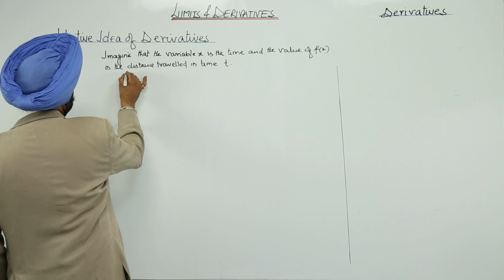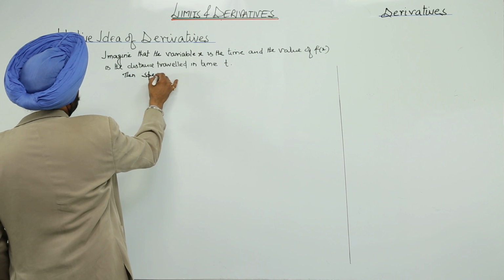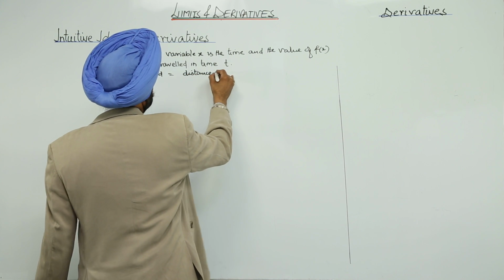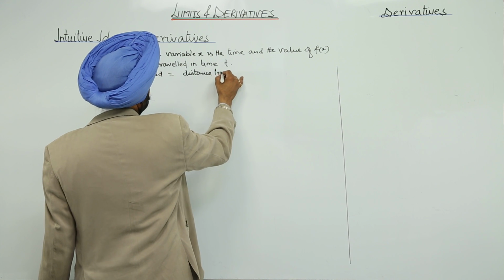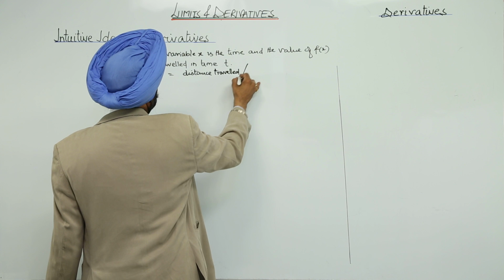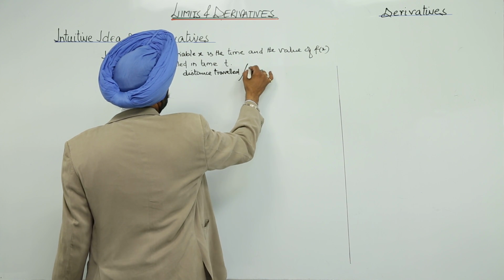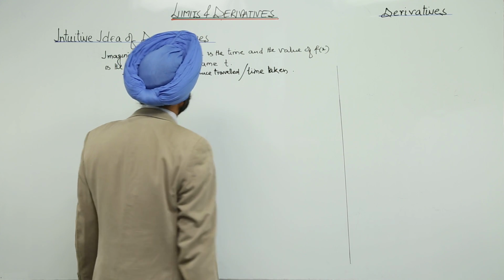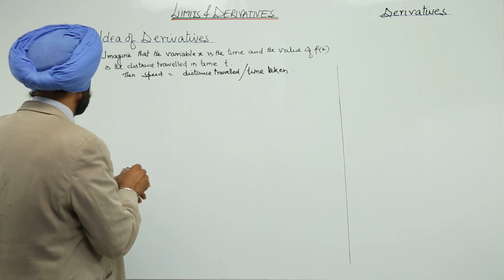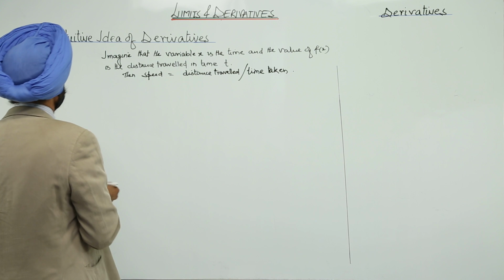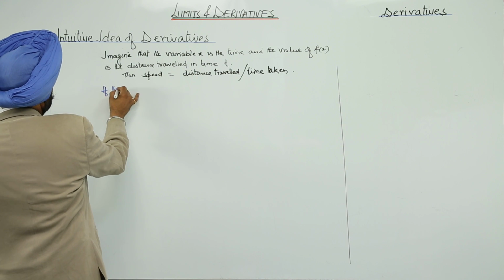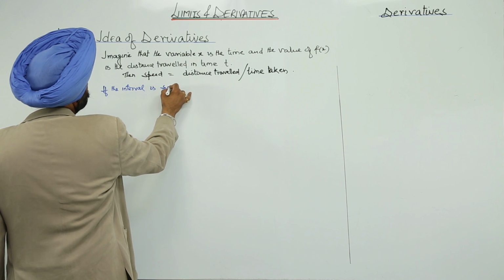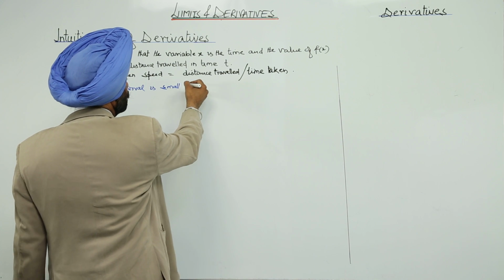Then speed is equal to distance travelled upon time taken. So this is a very general formula which we normally use in physics, all these things. Now if the interval is small,